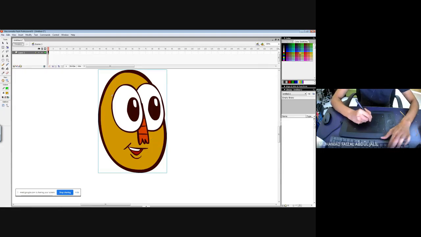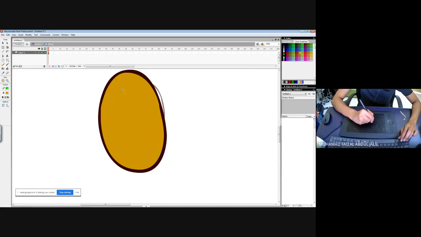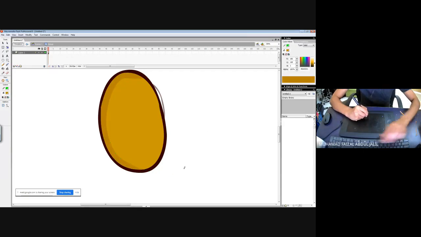The shadows: I want to create some shadows there. Double click. I want to lock the shadow areas, for example right here. Then I can use color mixes to adjust the shadows. For the highlight, using the brush tool, I can draw the highlight.